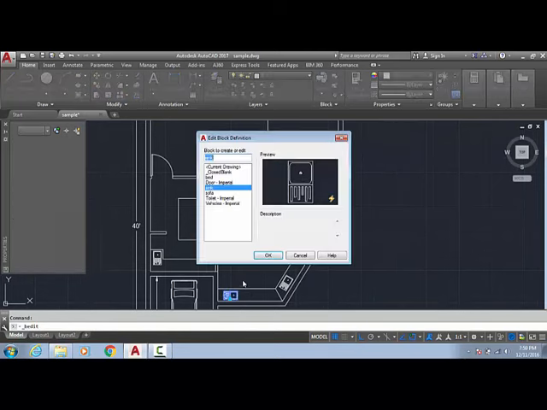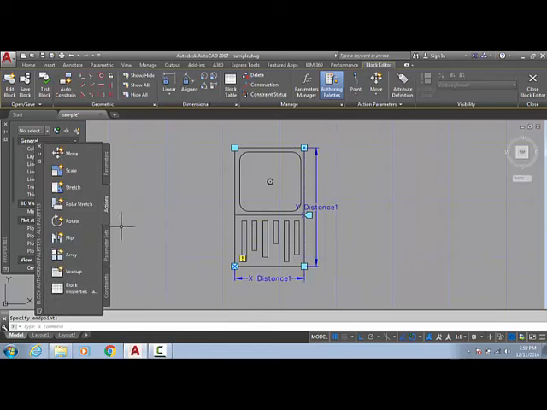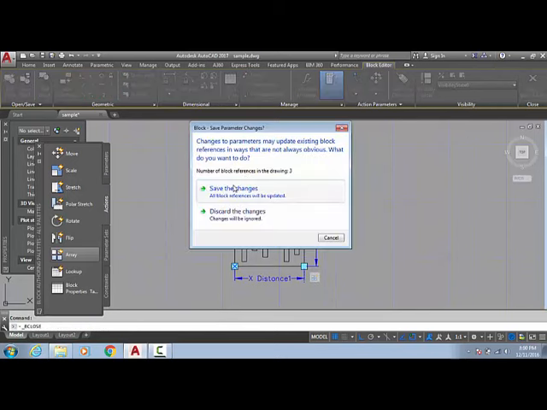So what will we do? We put one, go to the Stretch command, sorry, Parameter, put one XY, select one base point and select two XY distance. Then in Action, go to Array, select the parameter, select the objects and enter. Now put the distance between your rows. I am taking it as 3 feet. Distance between columns I am also going to put 3 feet and enter. What are these 3 feet and 3 feet? I will show you. Save changes.